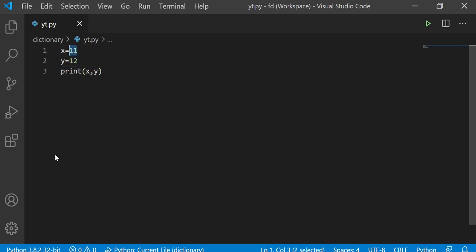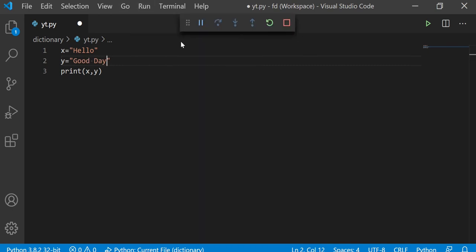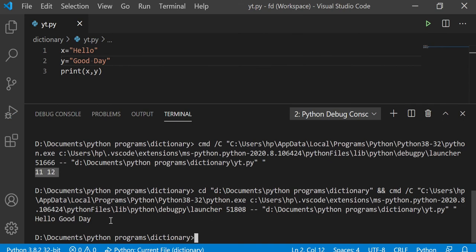Now if I want to change the information in the variable and make it a string, by assigning some alphabetical messages like hello and good day, we will store hello in x and good day in y, and then run the code, and what we get is hello good day.